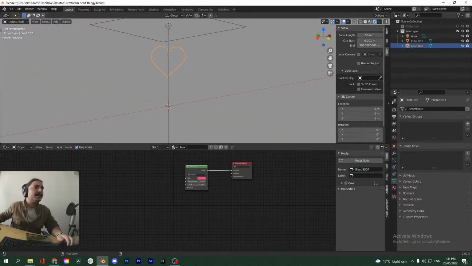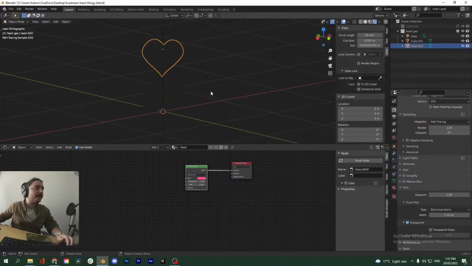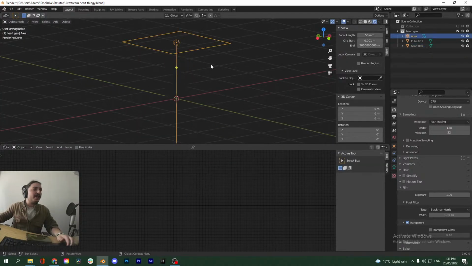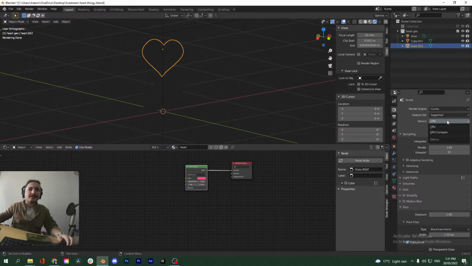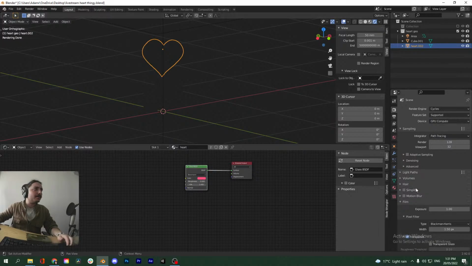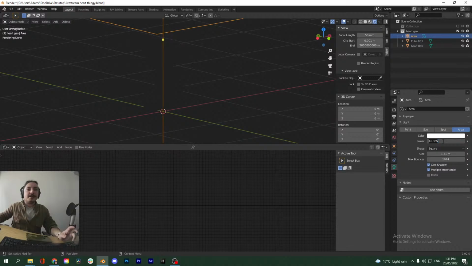Okay, that is truly bizarre why the materials have kind of disappeared. You know, we are using Blender 3. I don't think we've updated in a while, so sometimes there are glitches. There's probably a reasonable explanation as to why this isn't working, but right now I cannot figure it out. But that is the thing about like Blender and 3D and stuff, it's all problem solving. I run into technical errors like this all the time.